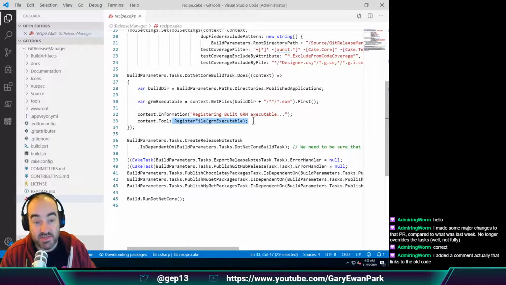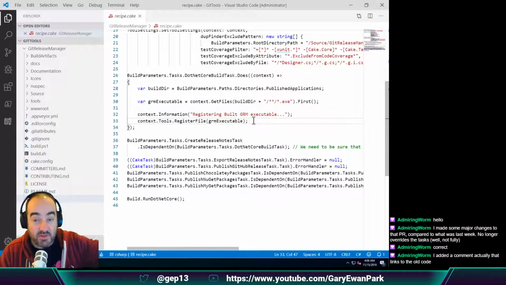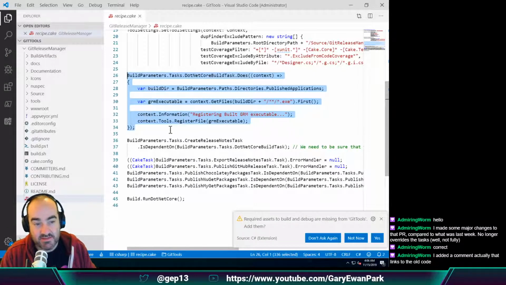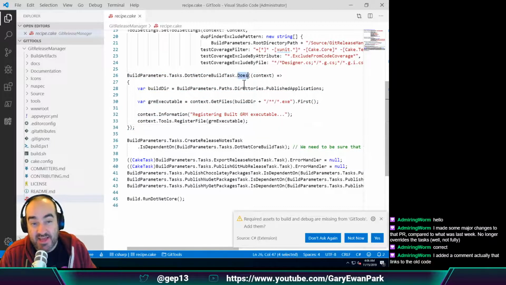So effectively what that's saying is, rather than use the Git release manager that comes from the resolved tools folder, he's saying use the generated exe whenever you're calling to run Git release manager. So this first kind of 8 lines, it's genius, right? Like I say, this is a lesser known feature of Cake, I think. I've not seen a lot of people doing this in the wild, so this is a great usage of it,